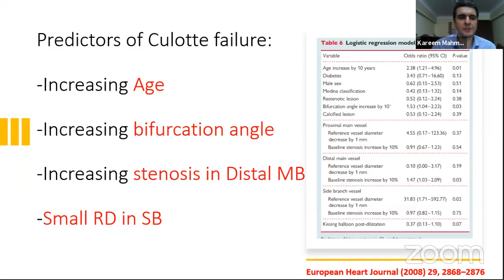And the IVUS will be helpful after deployment of the stent, confirming adequate apposition of both stents in the main branch and also in the side branch, especially the side branch, which is the area of increased in-stent restenosis, as will be mentioned in the later trials.